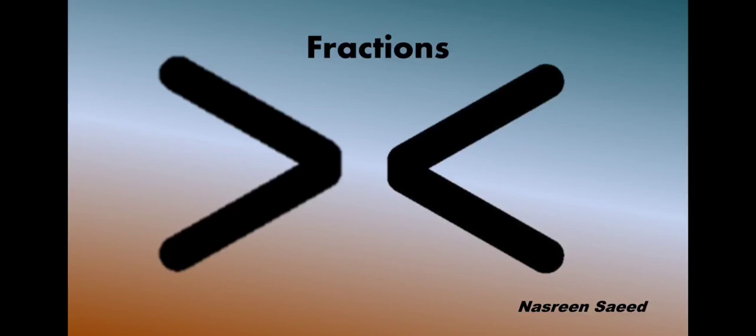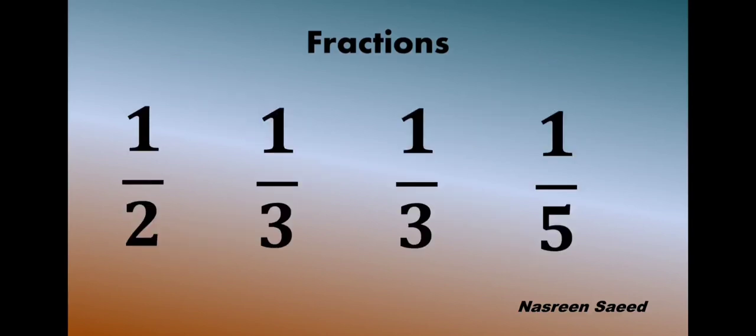To remember this well, always keep in mind the open mouth. जो mouth खुला हुआ है, बड़ा है, वो हमेशा greater की तरफ होगा. And the V जो pointed है, जहाँ पर वो mouth बंद हो जाता है, V बन जाता है, point होता है, that is the smaller number. It always points toward the smaller number. So let's go ahead. Now here I have got 4 fractions. In that we are going to compare two fractions. The first fraction is 1 upon 2 and the second is 1 upon 3.